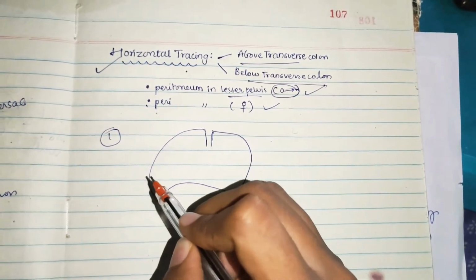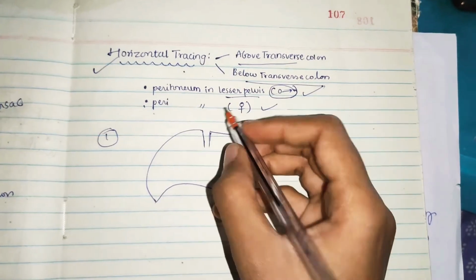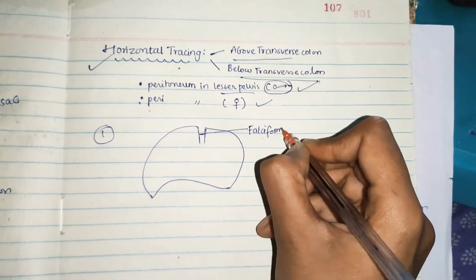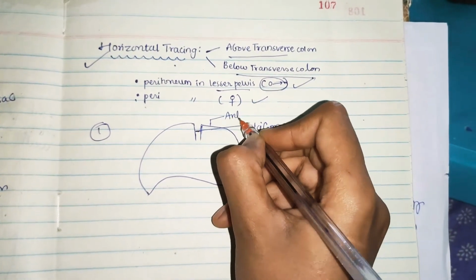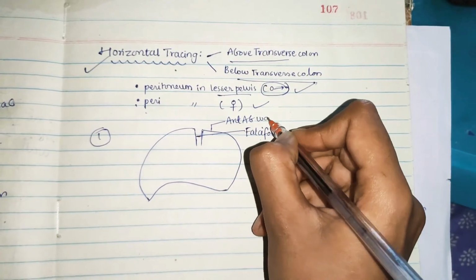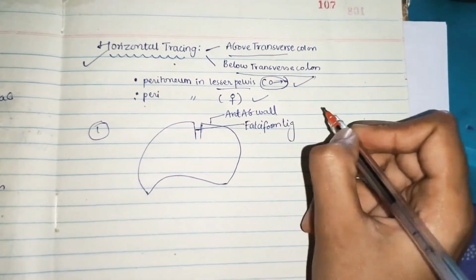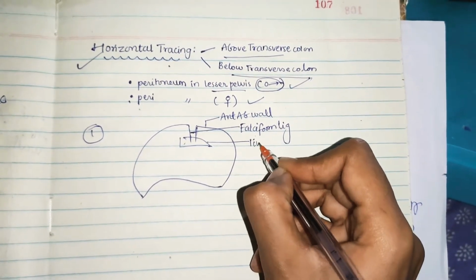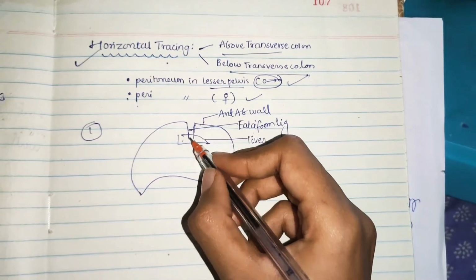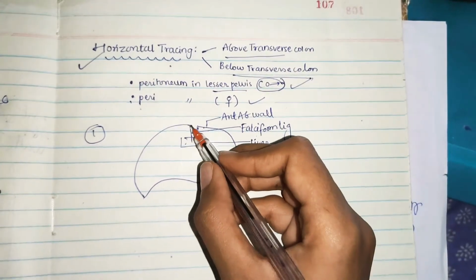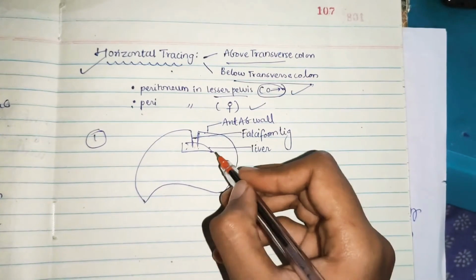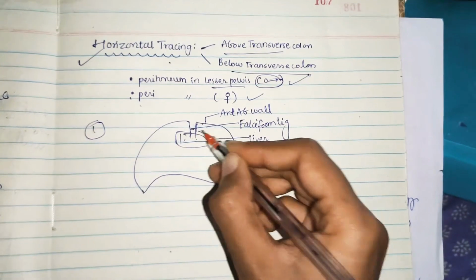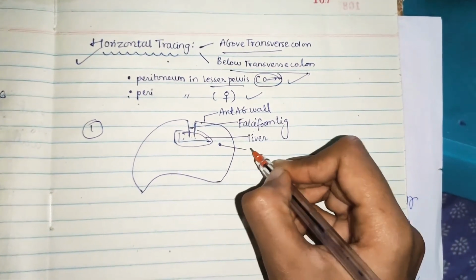So what is this? This is lesser omentum. Sorry, not lesser omentum. This is falciform ligament. This is the anterior abdominal wall, right? So this is anterior abdominal wall. This is falciform ligament. If falciform ligament comes, of course, the structure which is here is liver, right? So already we discussed, from the liver to the anterior abdominal wall there will be falciform ligament, which is also a double fold of peritoneum, right? After that, here you will be having this visceral lining around liver, and this is called as greater sac.